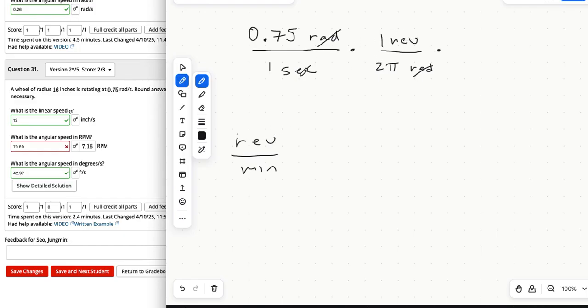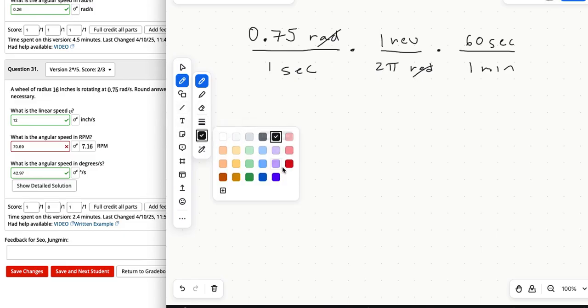So right now I have revolutions per second, and if you did this math I have right here, I think it comes out to about 0.119 or something. So it would be traveling 0.12 revolutions each second. But I don't want revolutions per second, I want it in terms of minutes. So I need to get these seconds out of there. And I know there are 60 seconds in 1 minute. And so then if I cancel my units again,